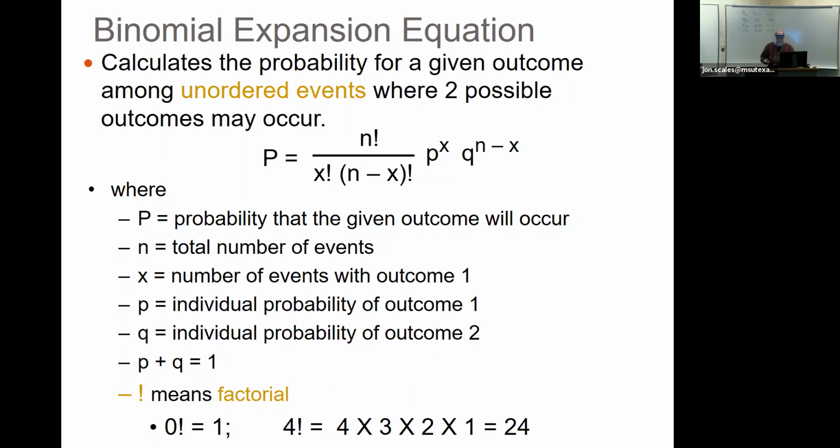And then you just substitute in all the little things, right? So we're thinking 1 kid, well, that's the number of events that we're interested in. We'll throw that in up here. How many total events? Well, 3 kids. So that goes here. How many of those events are not the outcome we're thinking about? That's 3 minus 1. So that would be a 2. And then what's the probability for the outcome that we're interested in? That would be having the disease. That's P. And that was 1/4, right?